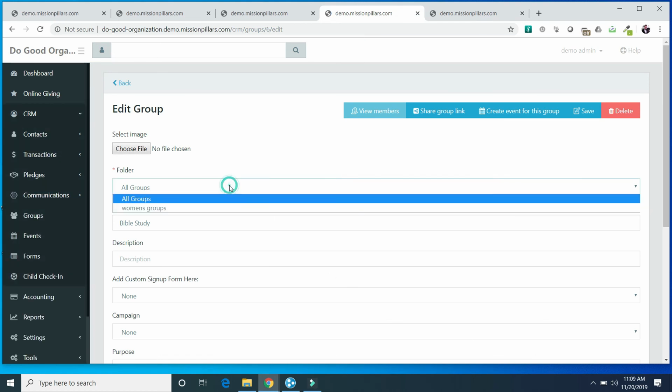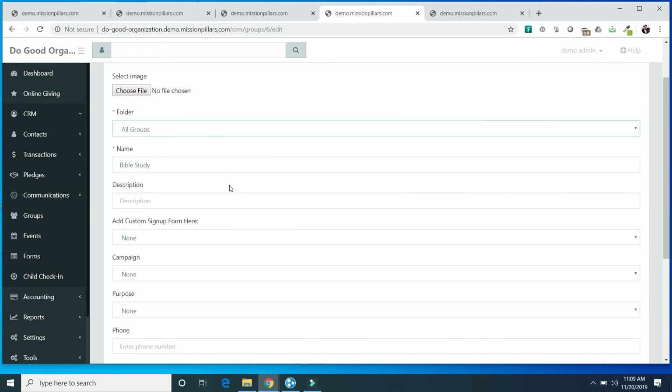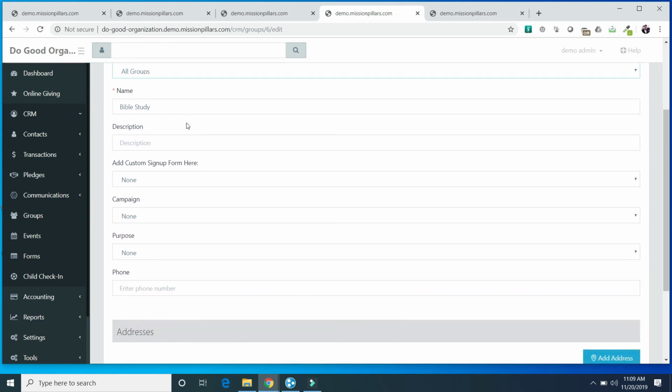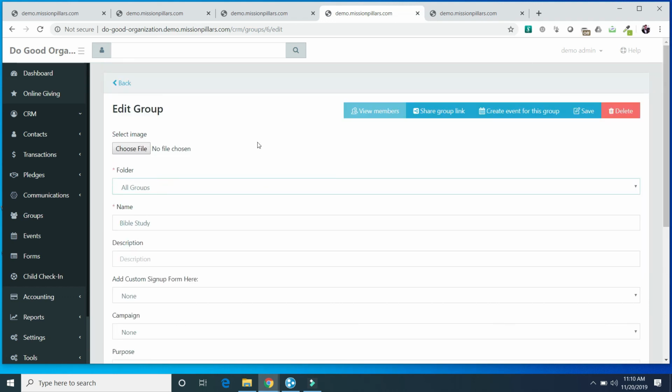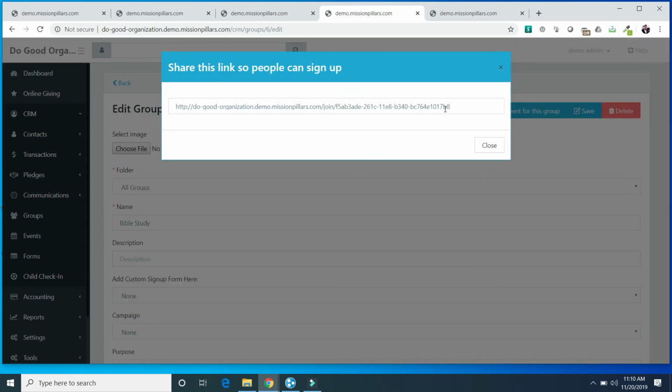You can even organize it by folders, give it a name, an image if you want, and a custom sign-up form. So if you want to ask more questions, you would go to our form builder, build a form, and then you can attach it here so that after they sign up, they fill out the form, which is really nice. Then all you have to do is get the share group link,